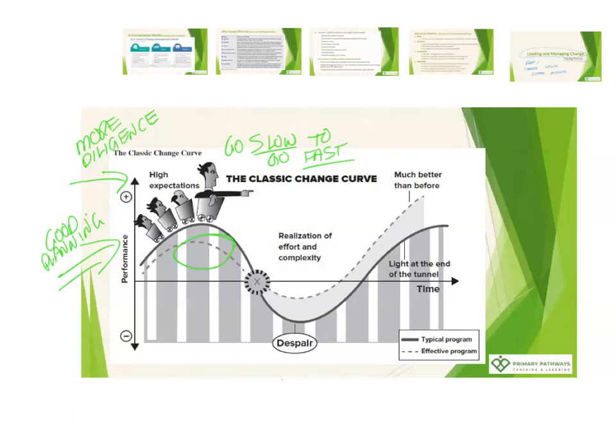So we see here that this part of the curve is a little bit flatter, but the despair part, where the work really digs in, where we start to feel the impact of the work we're doing and dealing with challenges along the way, it dips less because we've already thought ahead. Now, there's always going to be things that we miss that come up along the way, and we have to be agile about it, but we will be able to be proactive, knowing that there's going to be a bit